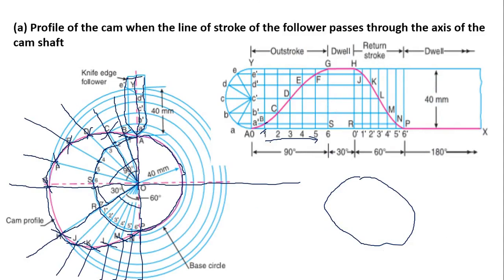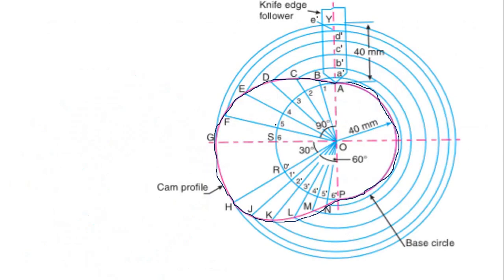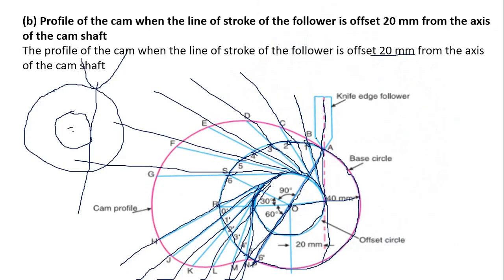Now student, the next step is to measure the distance from the displacement diagram. You can see the displacement diagram, that is 1 to B, 2 to C, 3 to D, 4 to E. Now we can take the distance with the help of compass and put it, you can see here 1 to B, 2 to C. Now put the compass here at the one point and cut at the B. We are getting the point B, and put the compass at C and cut the distance, we are getting the point C, and similarly this is for D, this is E, F, and this is G.